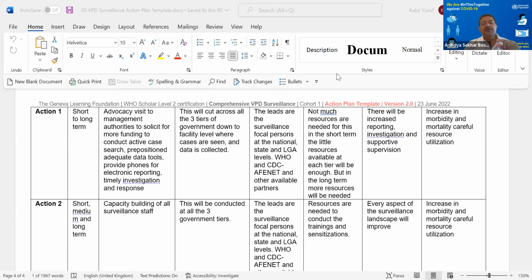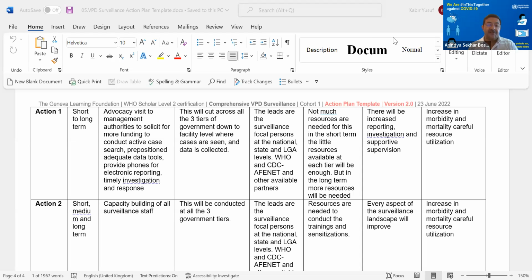One is to introduce a small token budget line in your health budget on surveillance. This may cover even 5% or 10% of the total cost for VPD surveillance. It doesn't matter. As soon as they put that in, then use the government's voice with the donors. And let me tell you one thing from my experience: WHO's voice or UNICEF's voice or CDC's voice, if I put a score of 1 to 10, would be 1 or 2, but one sentence from the government will have a score of 9 to 10 to the donors.